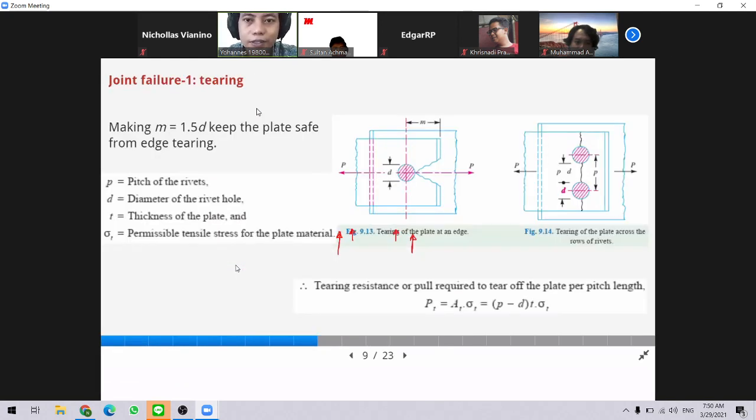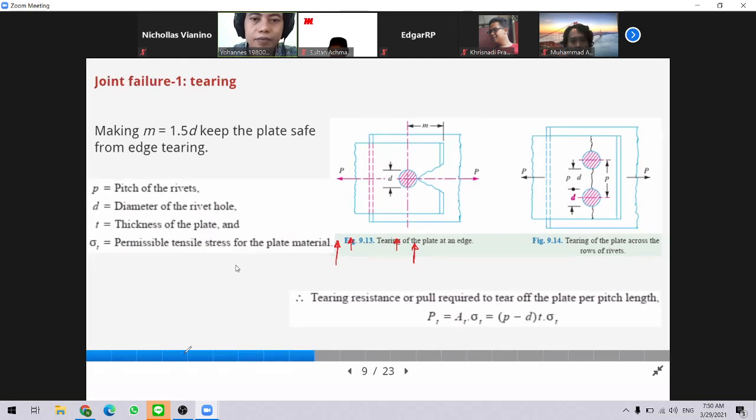So this is the main topic in our discussion. How to calculate the strength of the rivet? In order to be able to calculate the strength of the rivet,